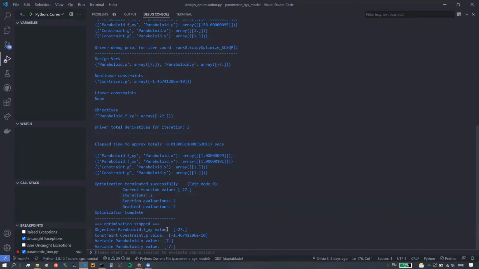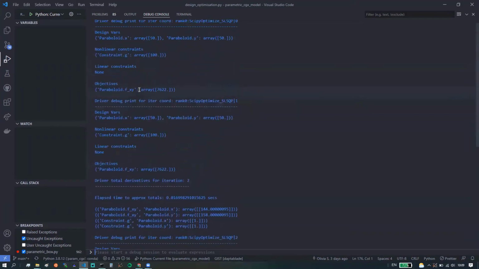And it found these optimal conditions at the end. So our objective of -27, constraint value converged to 10 to the -10, and our variable x and y values at the optimal design position. Okay, so this is our simple paraboloid